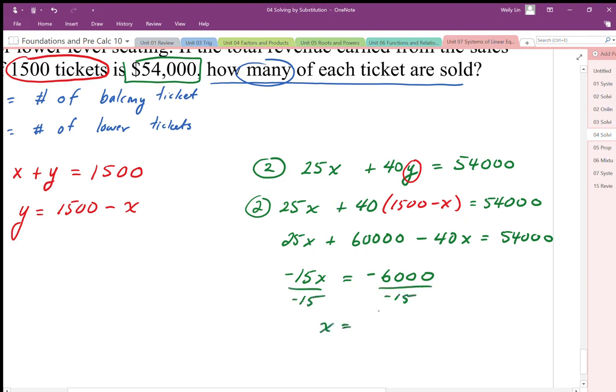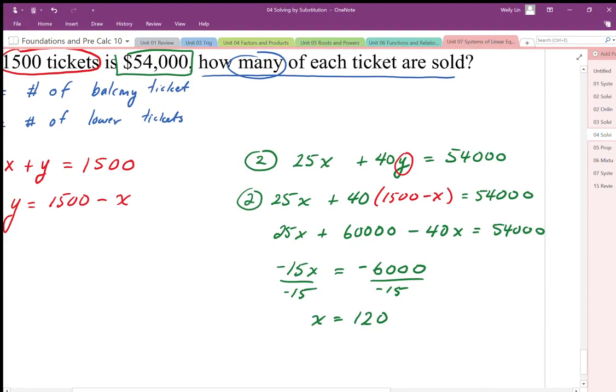I'm going to get the cost per ticket. 6,000 divided by 15 is, these are expensive tickets, so they are $120 per ticket. Oh, sorry, this is not dollars. This is going to be the number of tickets. Okay, so just double checking my work here, 15 times 12, oh, this is not correct, is 400 tickets. We're going to end up with 400 tickets. Okay, so we end up with x is 400 tickets